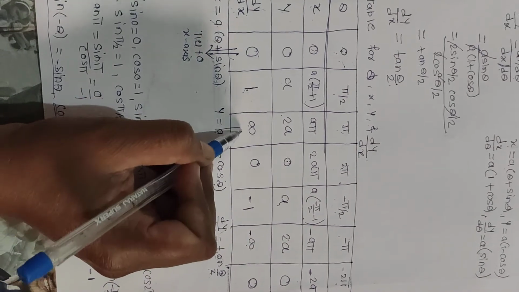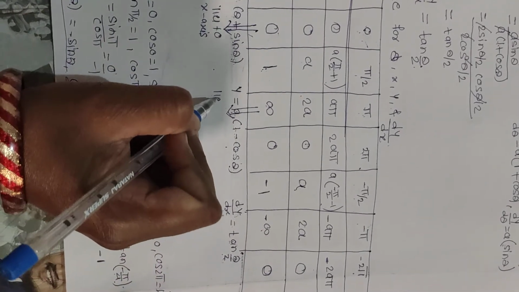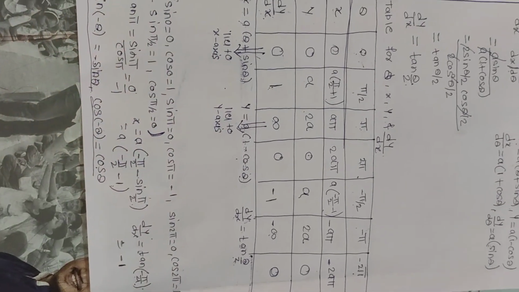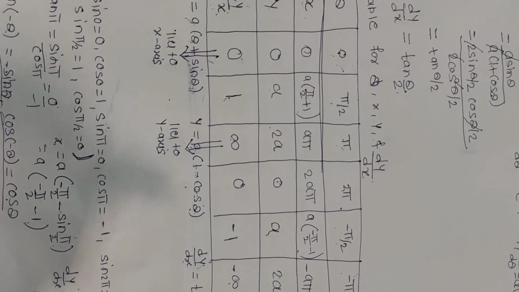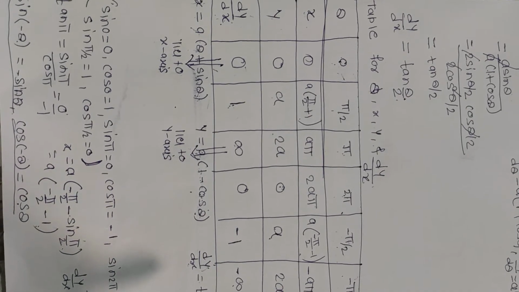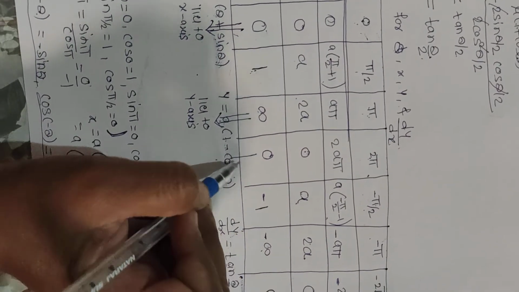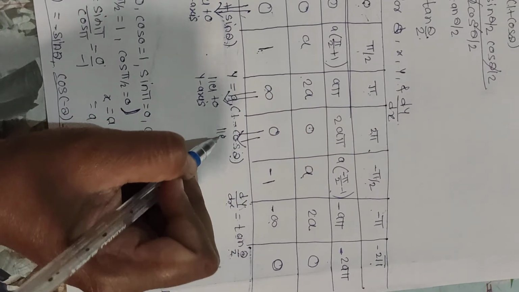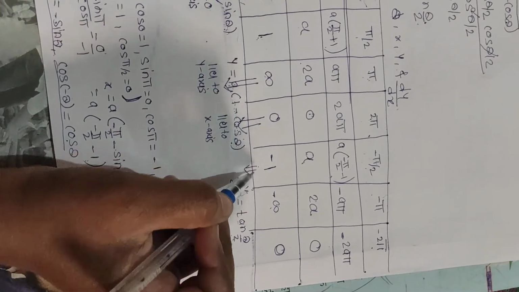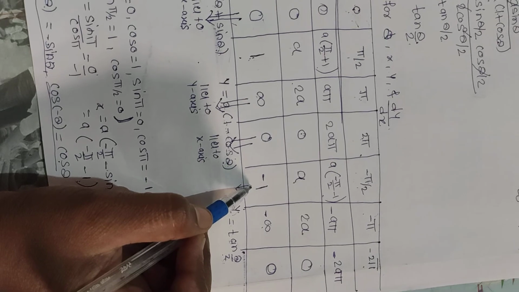If dy by dx equals infinity, what is the conclusion? The tangent is parallel to the y axis. So you have to remember this result. If dy by dx equals 0, the tangent is parallel to the x axis or is the x axis itself. And if dy by dx equals plus or minus infinity, the tangent is parallel to the y axis or is the y axis itself. Again here we get 0, so the tangent is parallel to the x axis or is the x axis itself. After that, for minus 1, we get an obtuse angle with the positive x axis, while for 1 it is an acute angle.